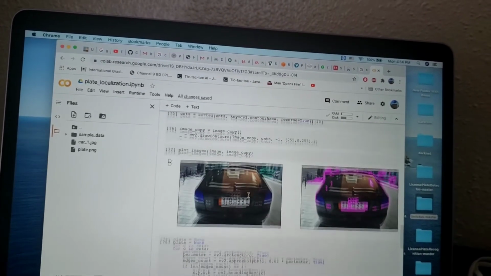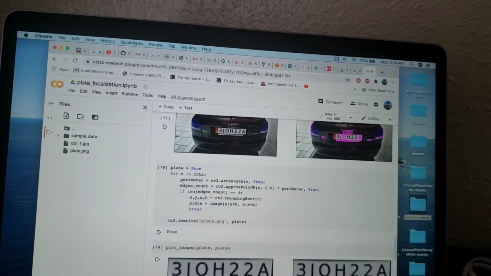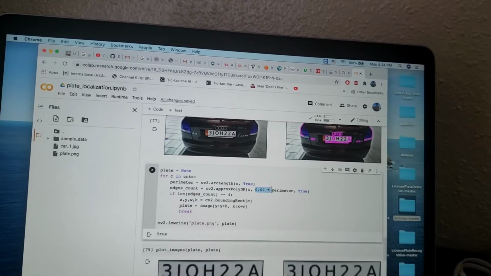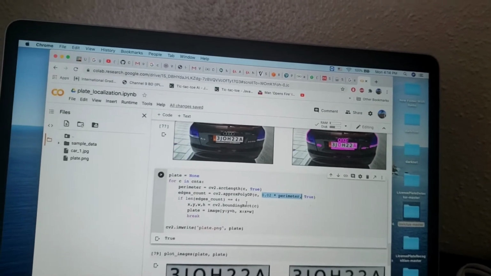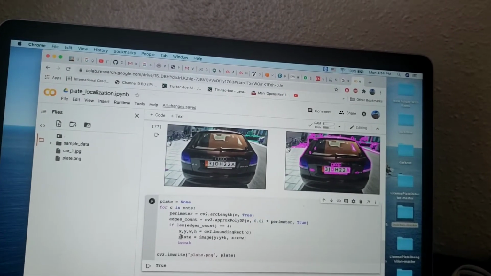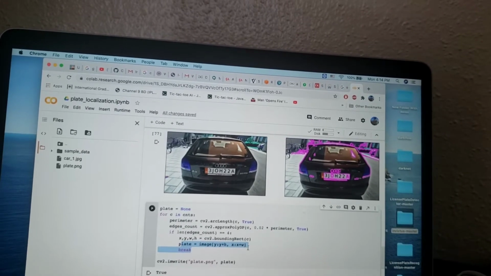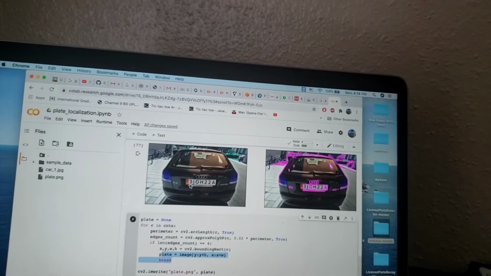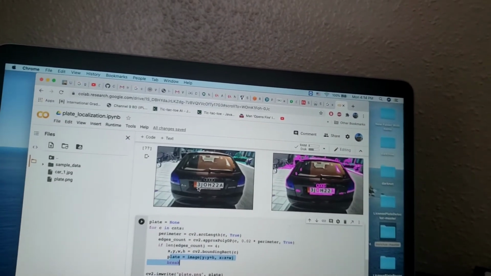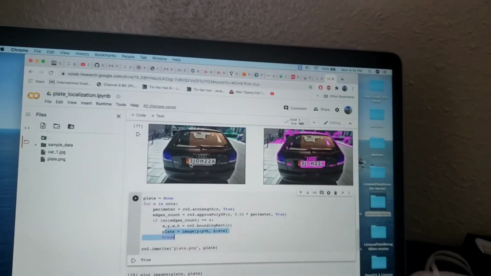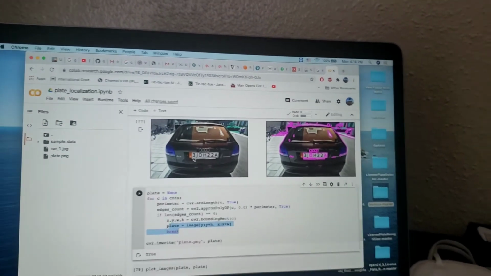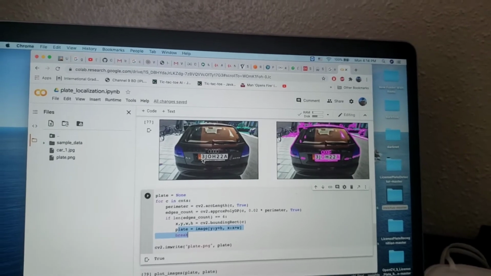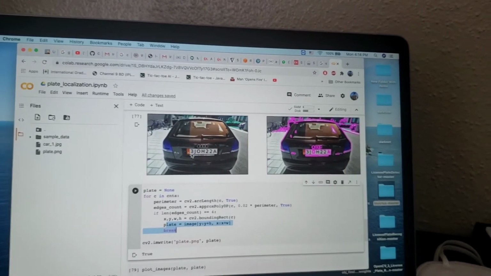we set up the perimeter with the edge count. So if the plate length changes, then the bounding will be unable to detect it. So we have to have a certain frame where this photo can be taken.